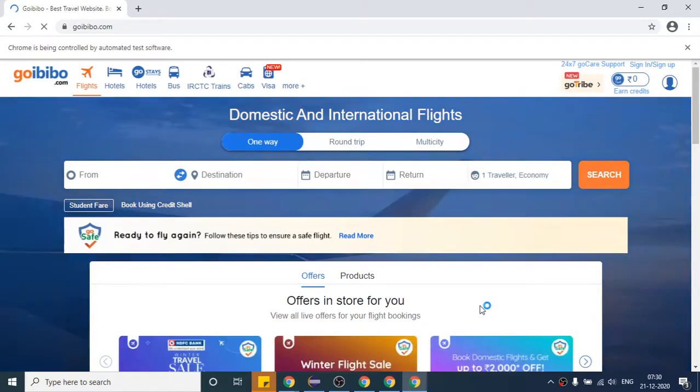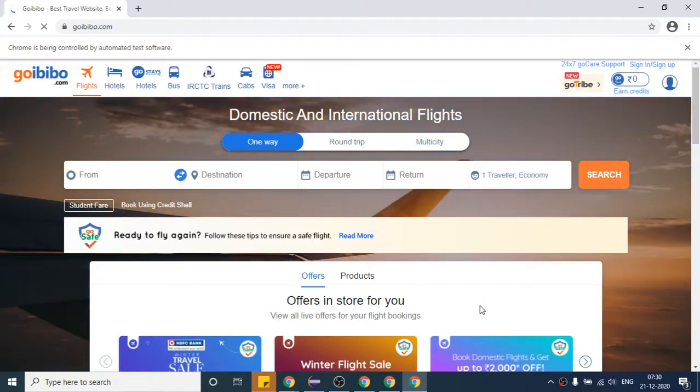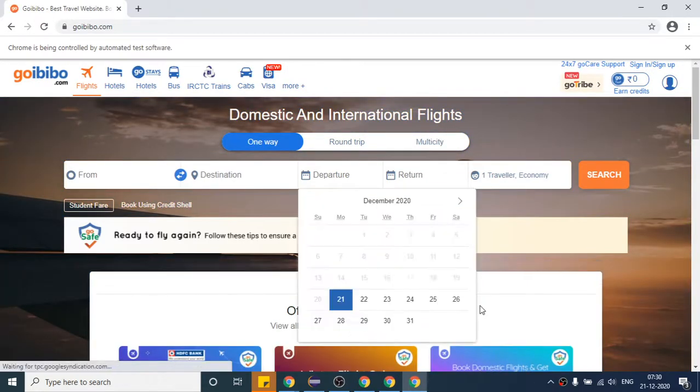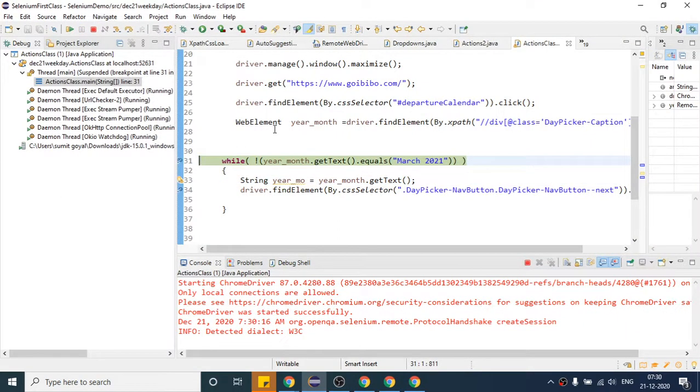The calendar will open and our code should stop after that. So okay, now we are here.